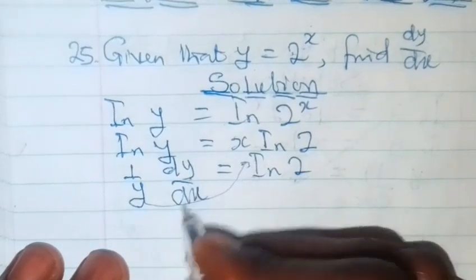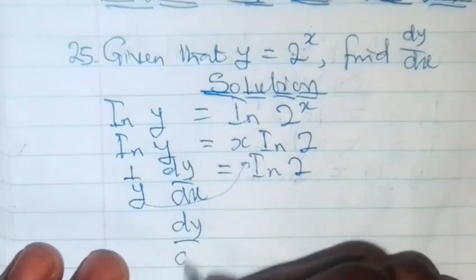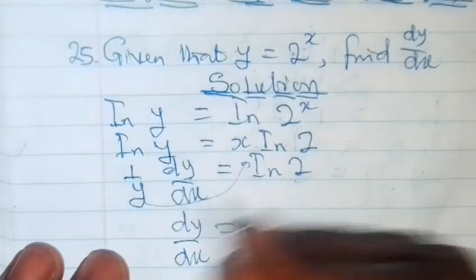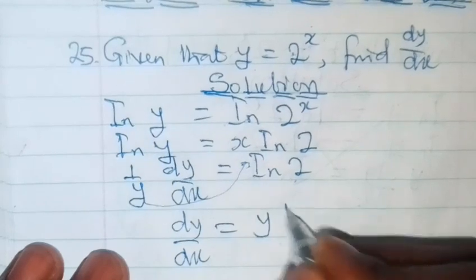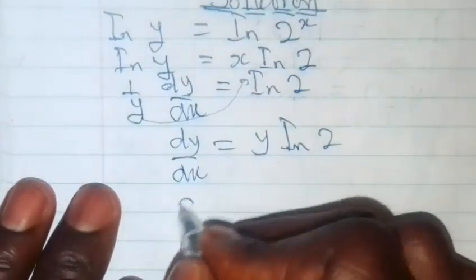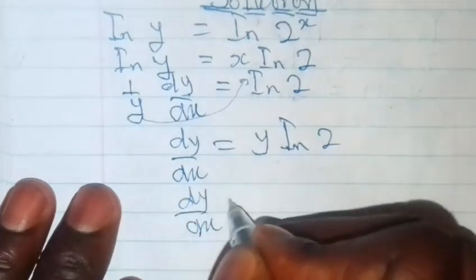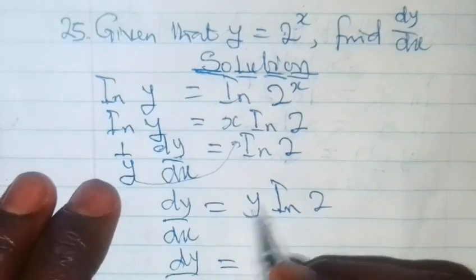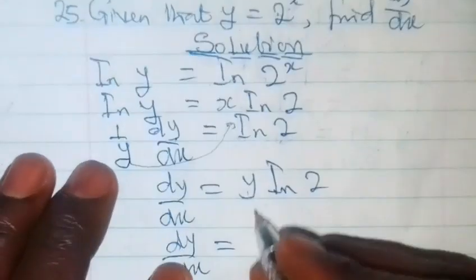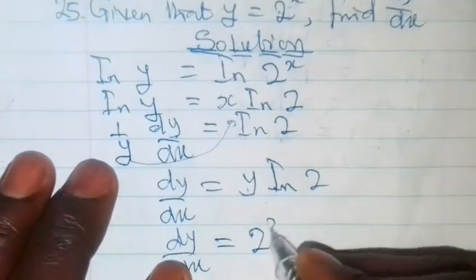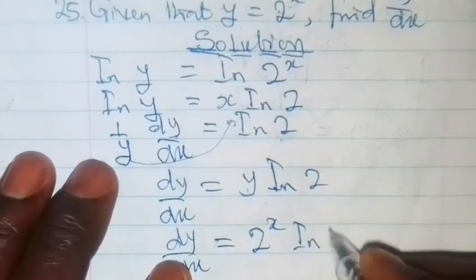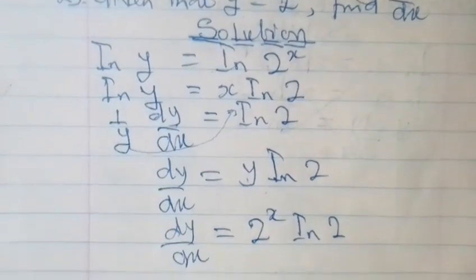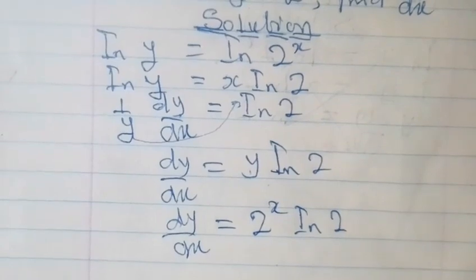Now, from this place, we cross-multiply this y that is down here to the other side to bring it up here. So we can leave our dy/dx to become y ln 2. So from this place here, our dy/dx can now be said to be equal to y. y has a value which is 2 power what? x. So we replace it here, 2 power x, then ln 2. And this is going to give us the answer to this question. I hope